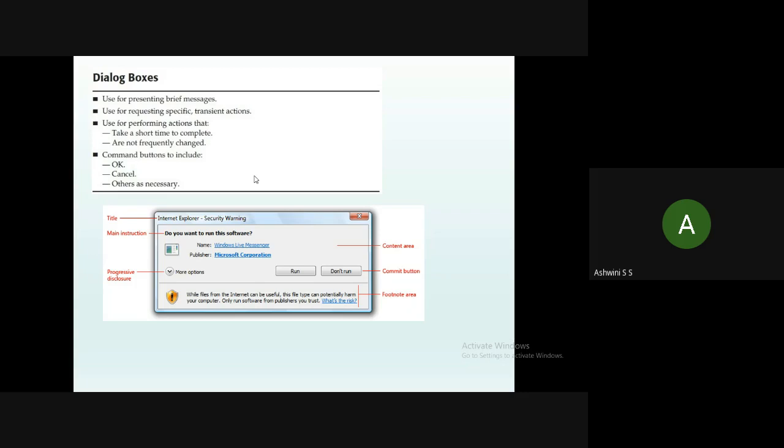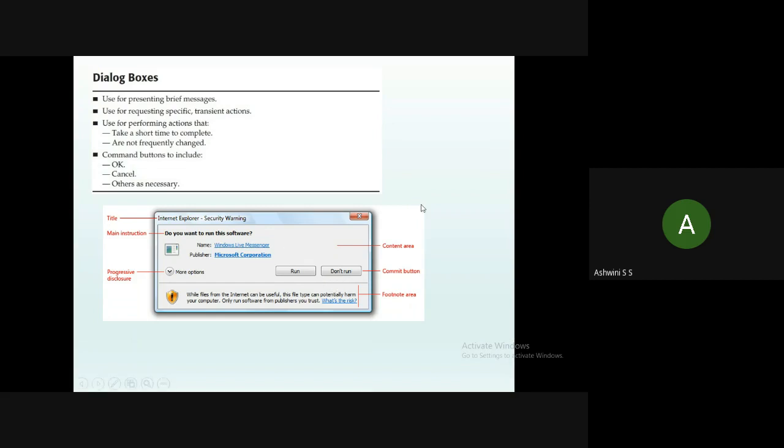Here you can see it is asking, do you want to run this software? You have two options, run and don't run. Without performing some action, it will not go further. You have to click either run or don't run.